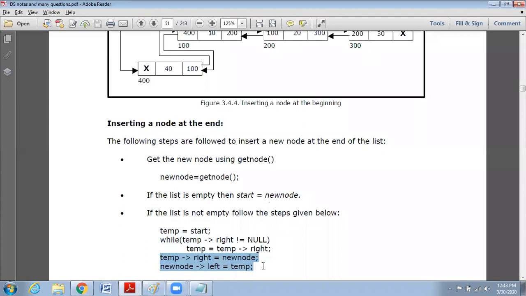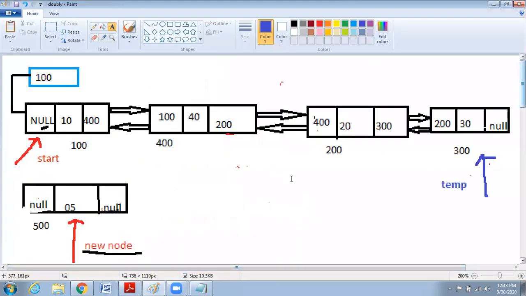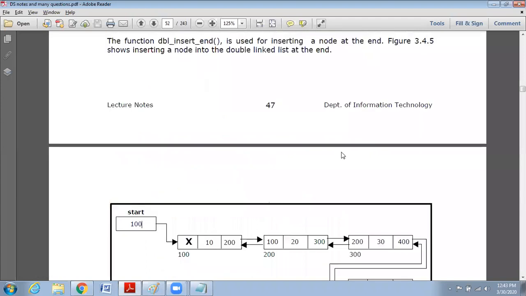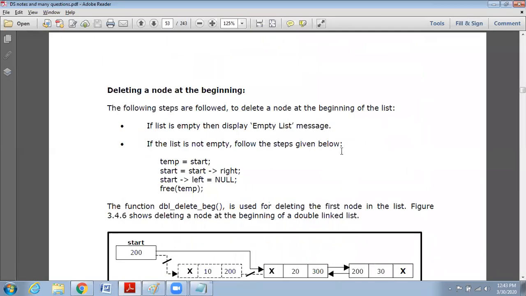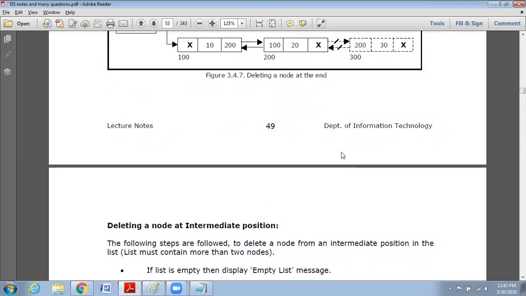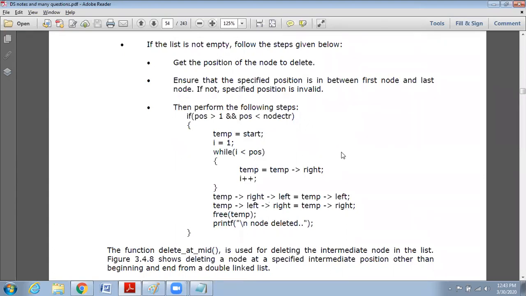Understood, guys? All the steps you understood? Yes, ma'am. So no need to mug up. If you understand the insertion, the same way you can delete: at the beginning, at the end, or at an intermediate position. Same kind of steps. Whenever they use 3 references, you should not confuse. I explained clearly what these 3 navigations are. Instead of writing 2 statements, they made it a single statement. So please take a look at deletion also; you can understand.